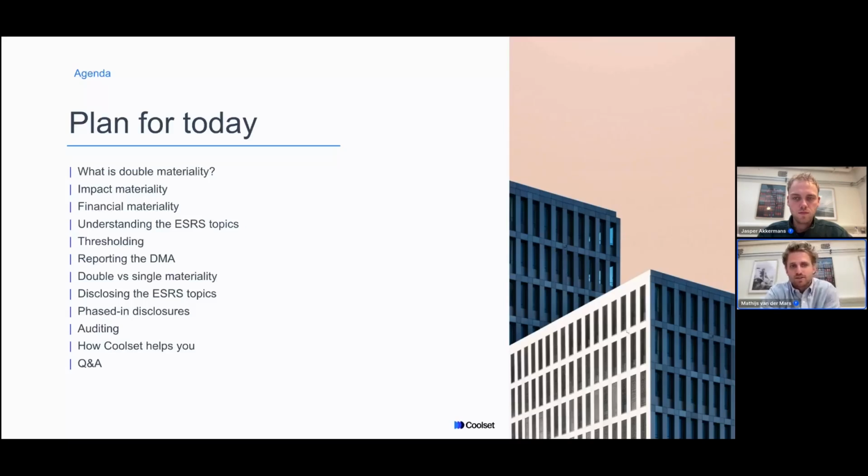So we quickly discuss what is double materiality, the impact and financial materiality, understanding the ESRS topics, thresholding, reporting the DMA, double versus single materiality, disclosing the ESRS topics, phased-in disclosures, auditing, and towards the end, I'll quickly discuss how Coolset helps you through this process.